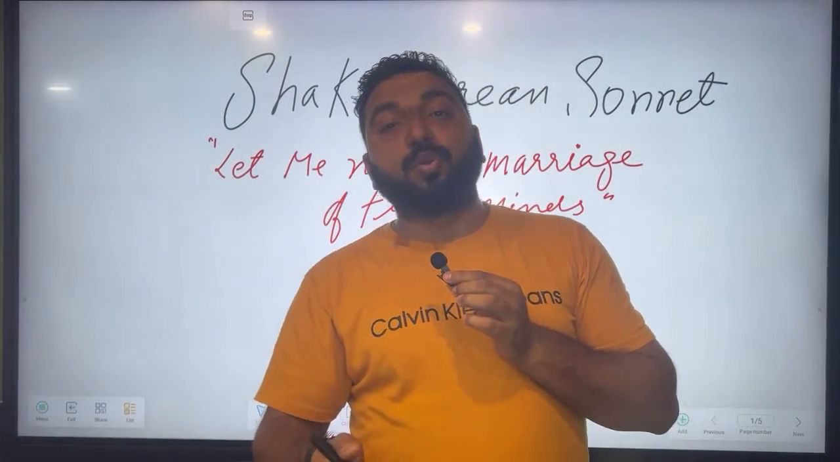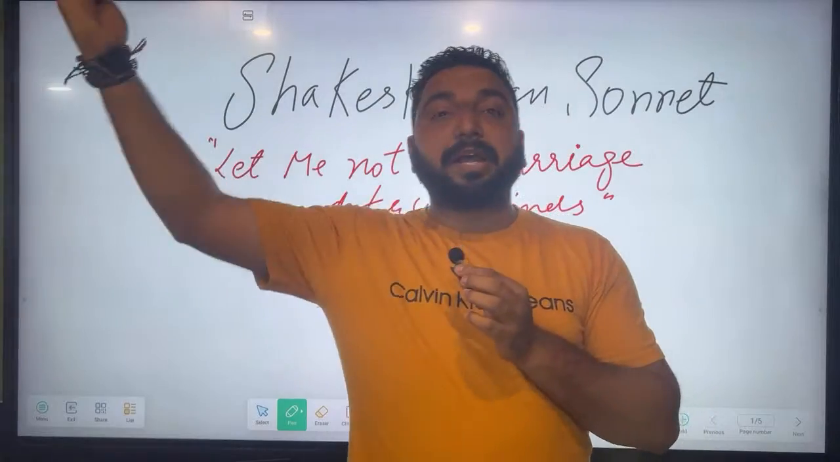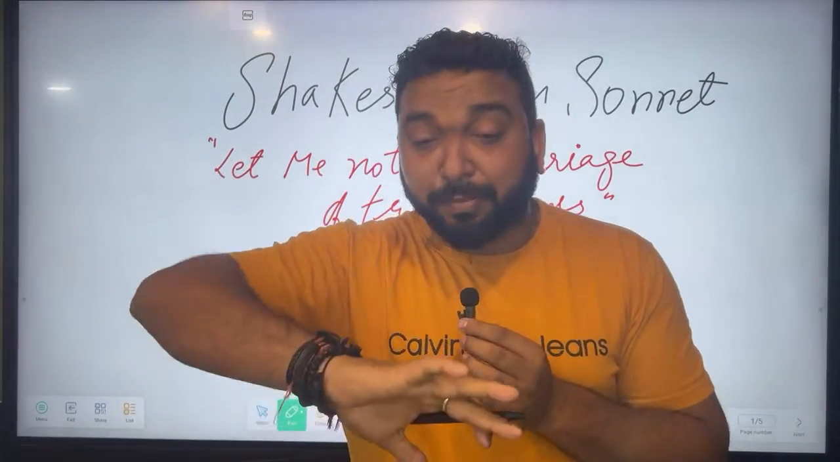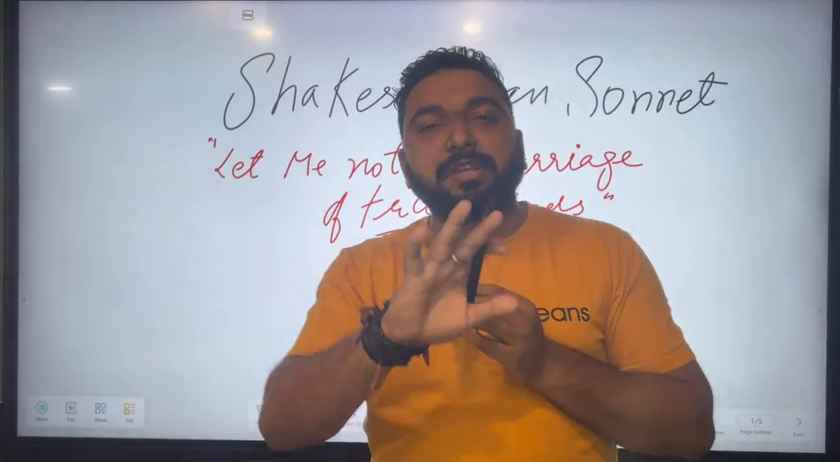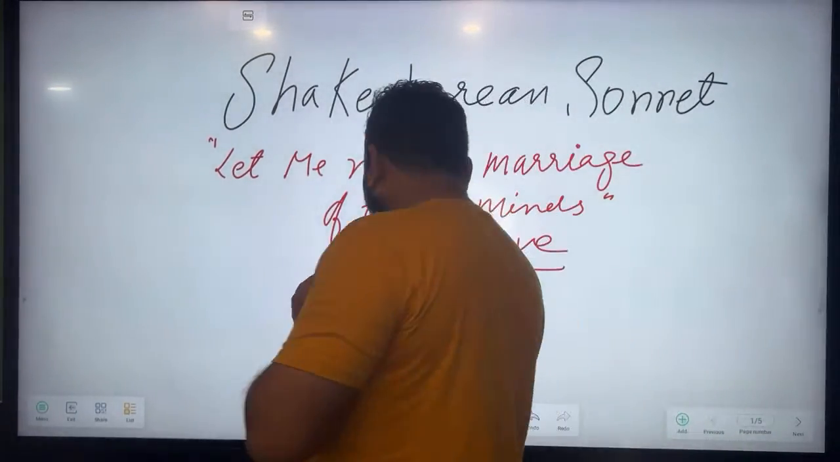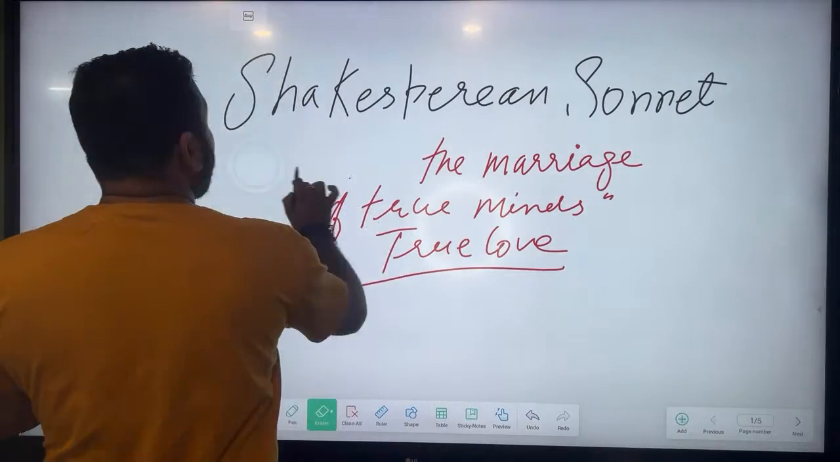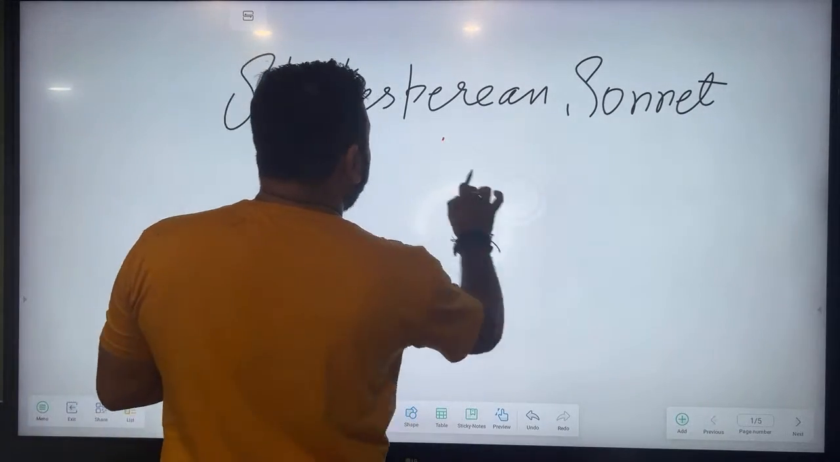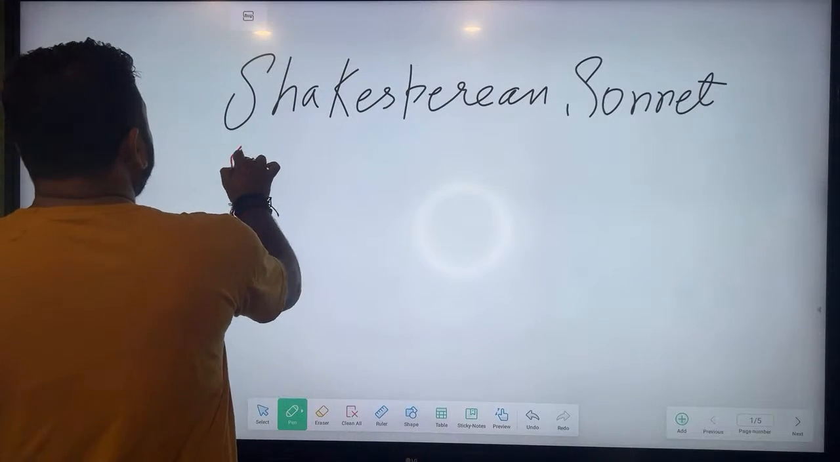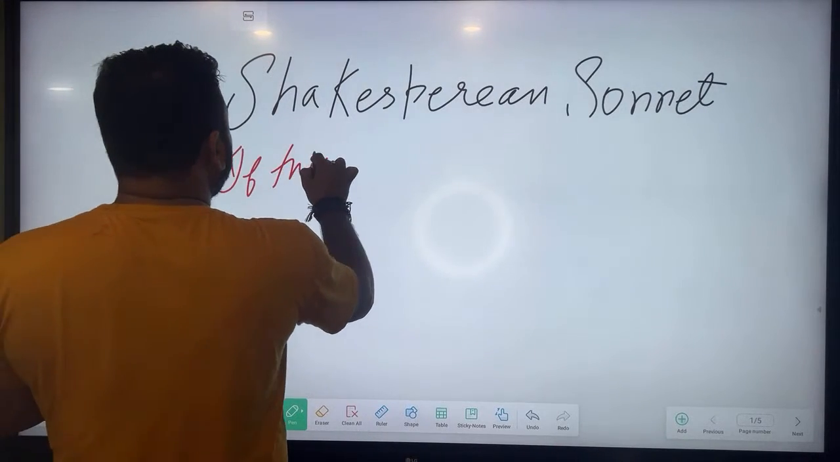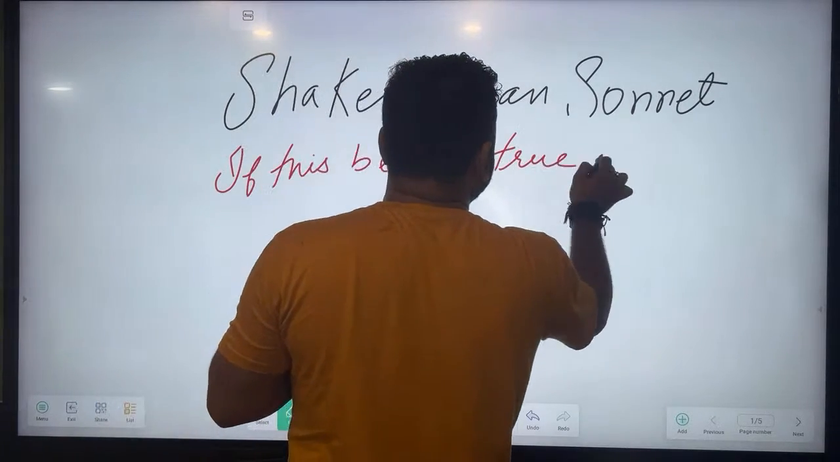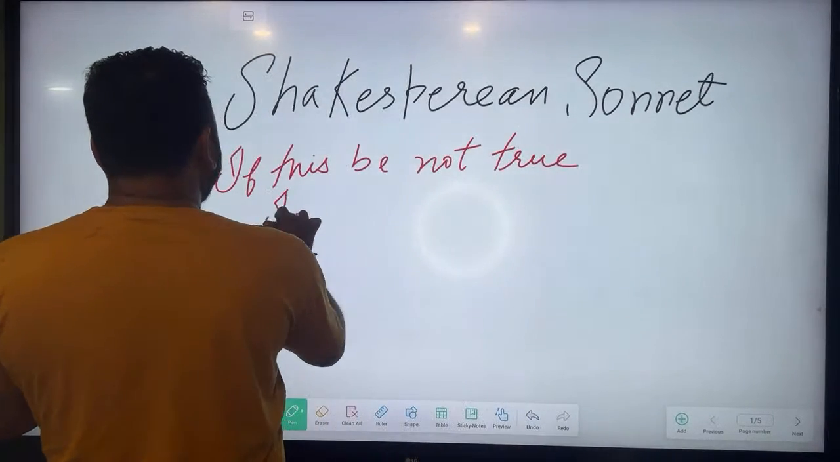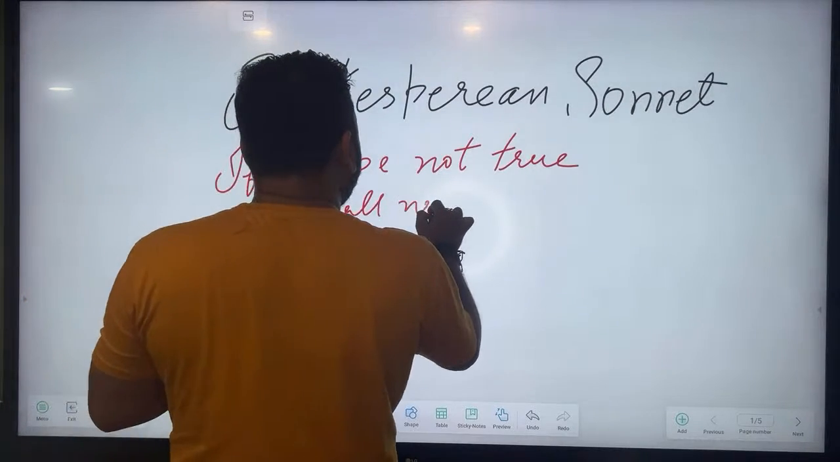And when he talks about true love, he takes 3 examples. True love is like this, true love is like that, true love does not change with time, true love does not disappear on seeing poverty. Speaking in these 3 different quatrains, he comes to the conclusion and says, if this be not true, what I have said, if that is wrong, I shall never write,